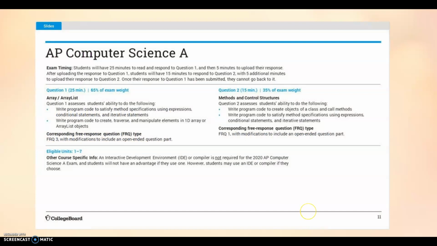And then as you get ready for the AP test, hopefully you start receiving some emails pretty soon from College Board. Remember, there's only going to be 2 FRQs. One is going to deal with array and array list. That's going to be the bigger of the two. You'll have 25 minutes plus another 5 minutes to upload. It's going to be 65% of the exam. And then question number 2 is going to be methods and control structures. They're going to give you 15 minutes to write that one and a 5-minute upload time, and that'll be 35%